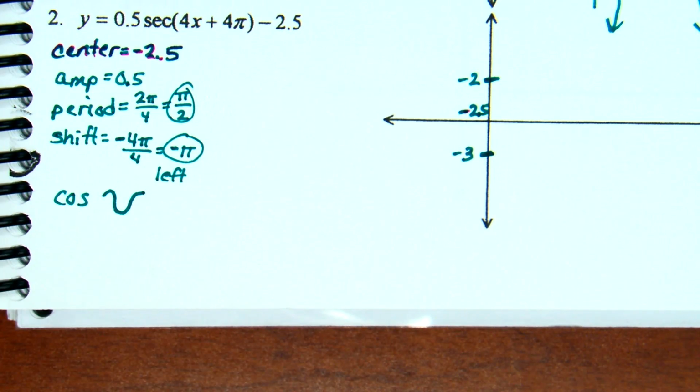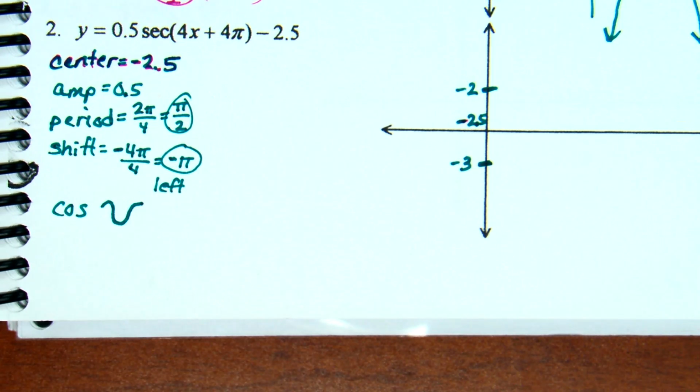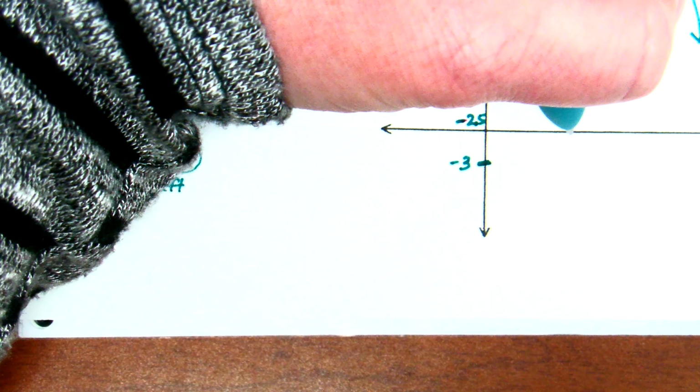So when I do this, I'm only going to label pi over 2 over. Not saying you can't, but I know some of you struggled with getting the graph in the right period. And I'm not going to use the whole thing. You don't want to use the whole thing to go pi over 2, right? Because we need to be able to go quite a bit left, don't we? Okay, so if we just get the basics on here,